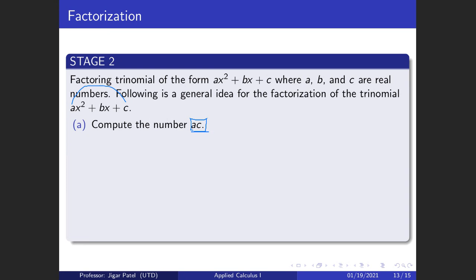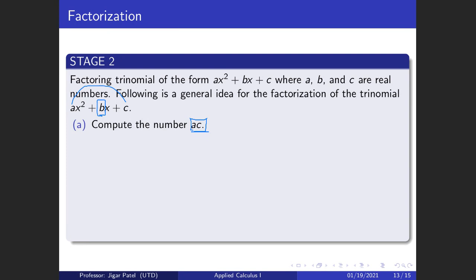And out of all those factors, pick the one whose sum is exactly the same as B. All right. So again, find all possible factors of AC. Remember, AC is a number, right? The product of the leading coefficient and the constant term. This is going to be a number. You want to find all possible factors of this new number AC, and out of all these factors, I